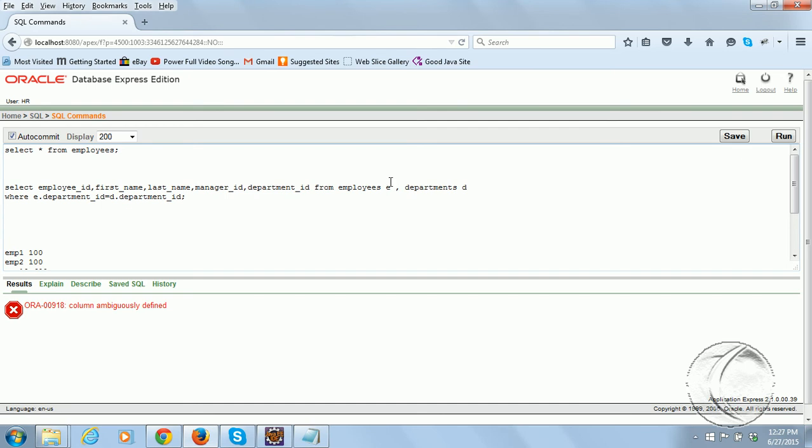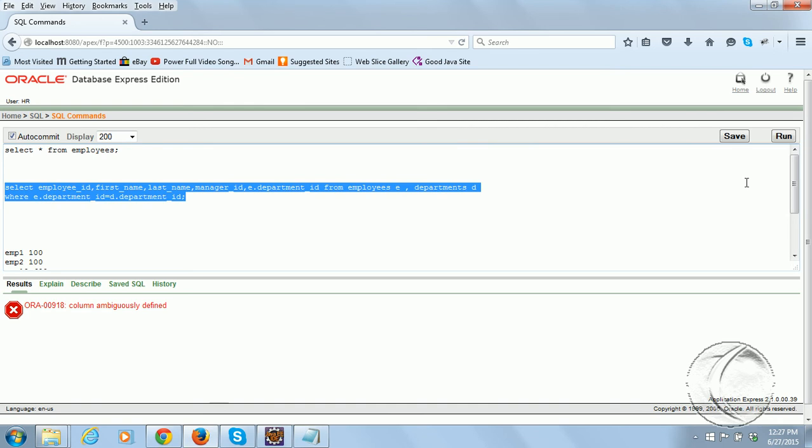Why we have to use an alias: when we have the same column across two tables which we are trying to join, it will give an error if we don't use an alias. We have to append the column with the alias. Then there will be no confusion from which table you are referring to the department ID. When I say E dot department ID, it means I am referring to the department ID from the employees table. If you don't put that, it will give an error.